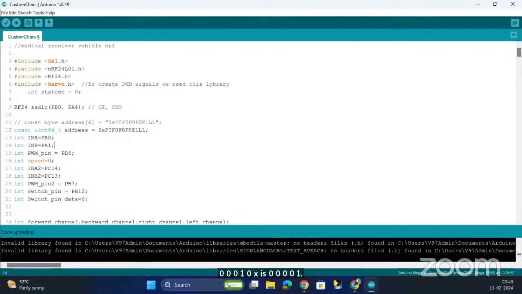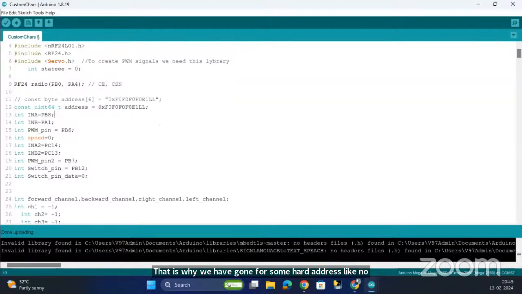But here, because ours is an industrial standard one, no one should override our communication protocol. That is why we have gone for a hard address, so that no one should be able to find out this kind of address. That's why I have gone for a secured address. So next we have some